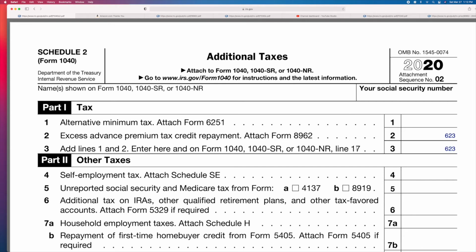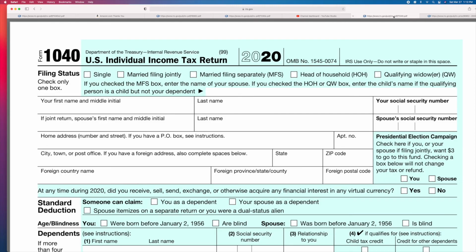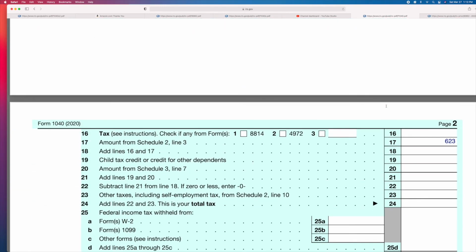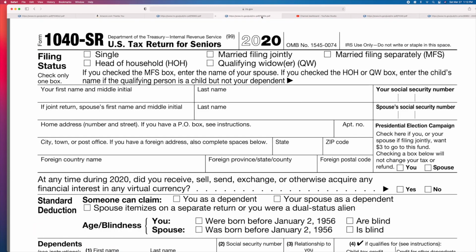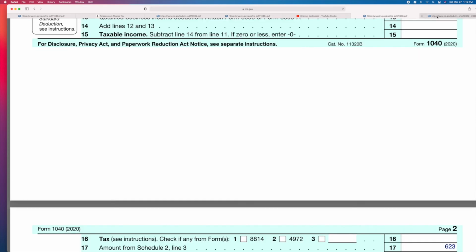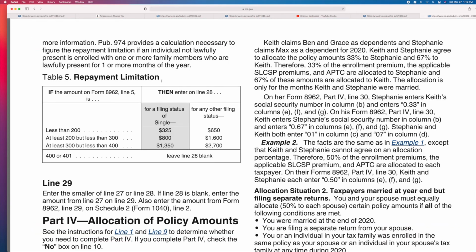Now you have to go to your 1040, and you've got to put that on line 17. So if we go down here to line 17, the amount from Schedule 2, bam. So you're going to have to pay that back. All right, so that is what the repayment limitation part of the 8962 is all about. I hope that